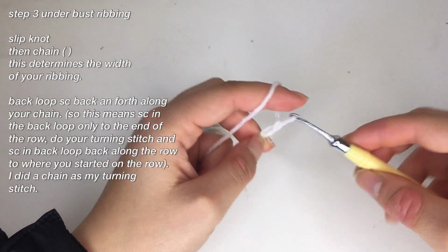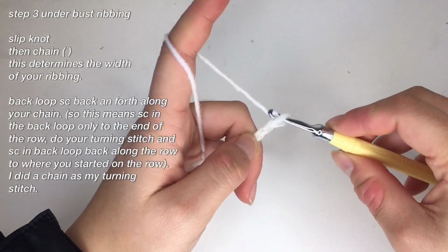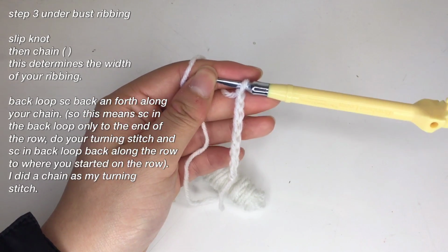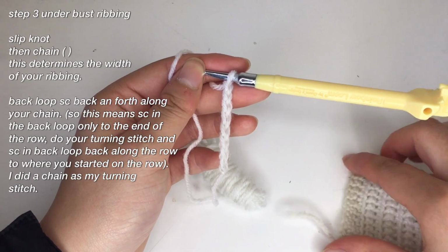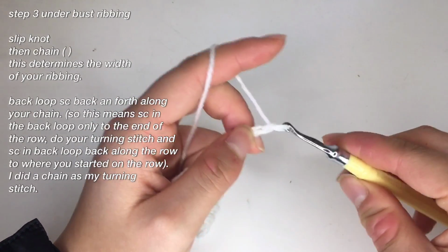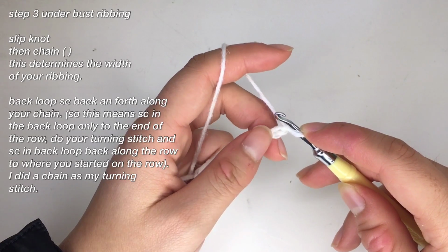So this chain is going to determine the width of your ribbing. So here is my chain. I've kind of lost count of how many I wanted, but basically that is going to be the width of our ribbing. Once you're happy with that, you're just going to chain one more and then insert your hook back into the stitch here,